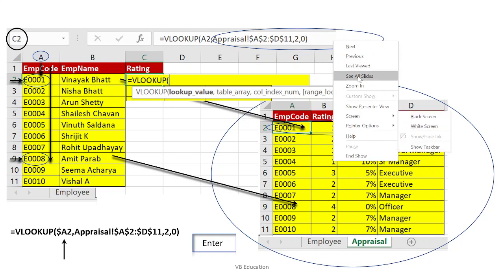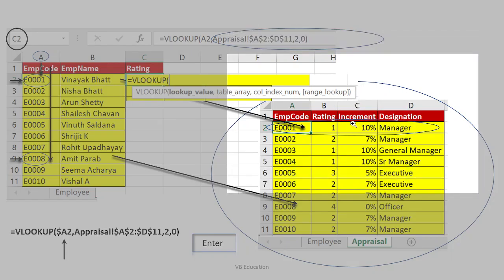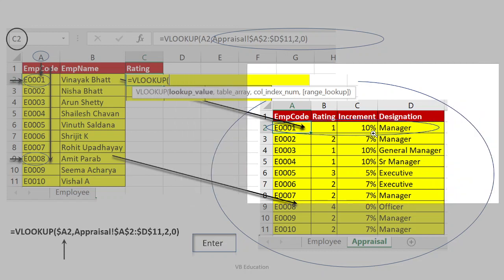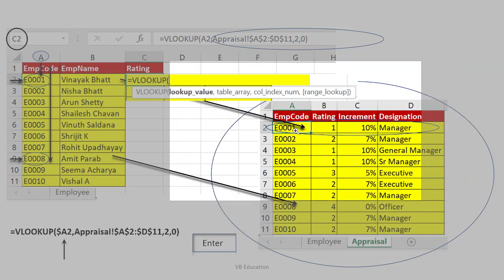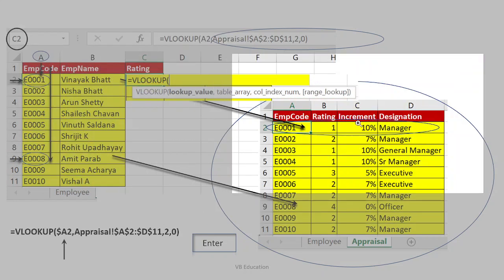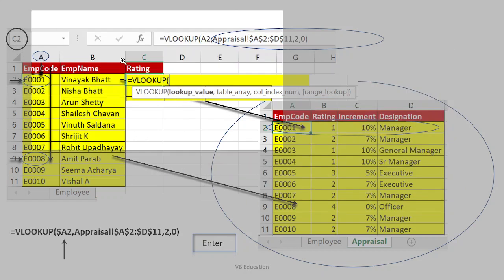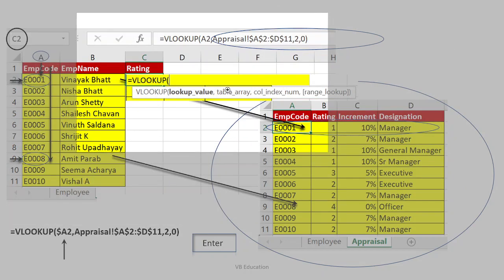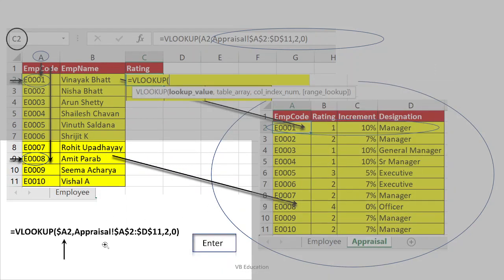Zoom in. So here I will find the employee data. This is my employee data for E001. Here if you see, there is no name, and here if you see, there is employee name. So I'm trying to fetch this ratings data into this particular employee sheet. Now, after the first comma in VLOOKUP, how many parameters do you have? 1, 2, this entire thing is 3, and 4. So step by step we are trying to understand the 4 different parameters we are using with the VLOOKUP function.